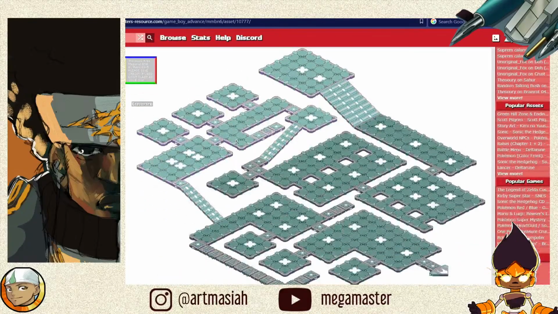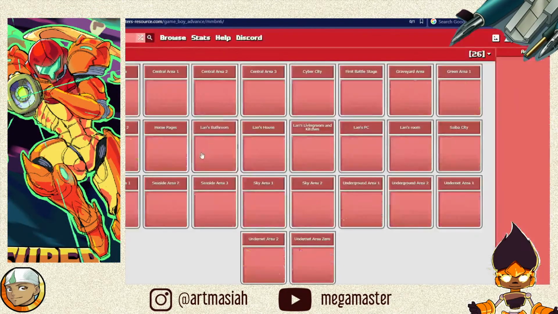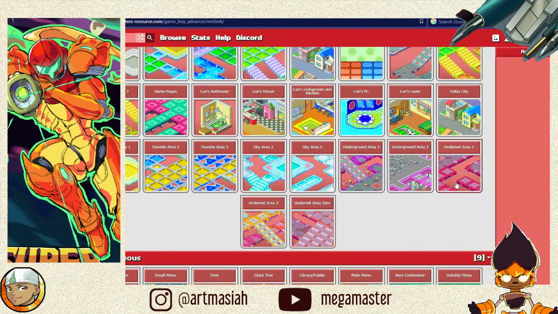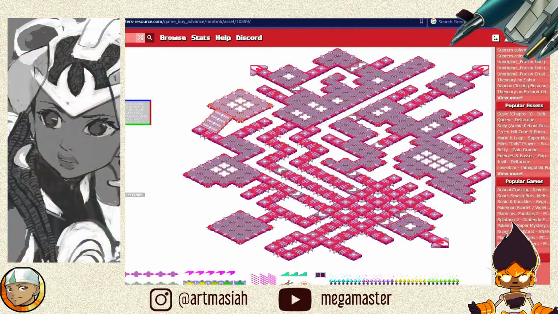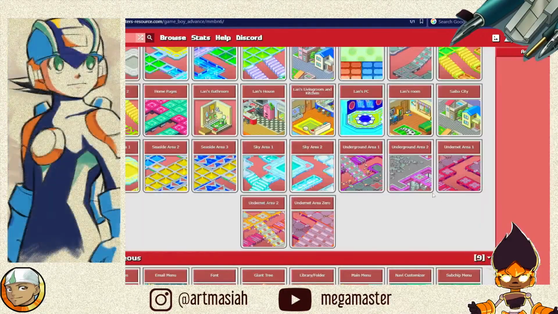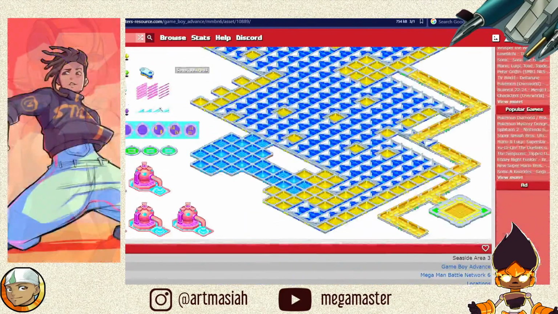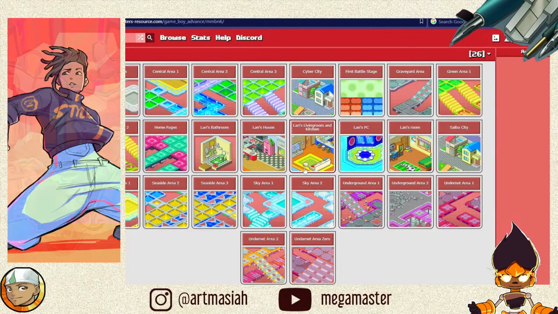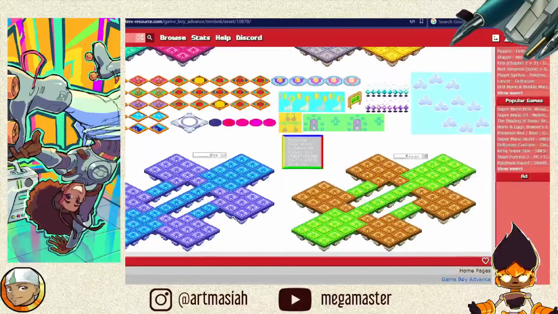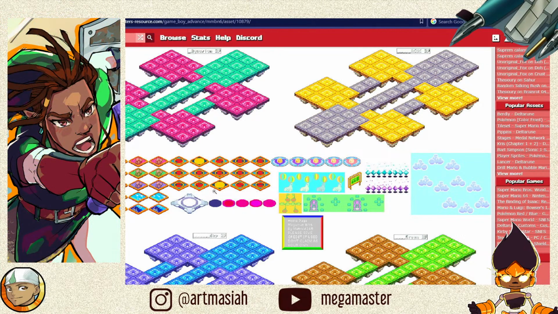Graveyard panels are kind of cool too. Oh, these home page panels are really cool.